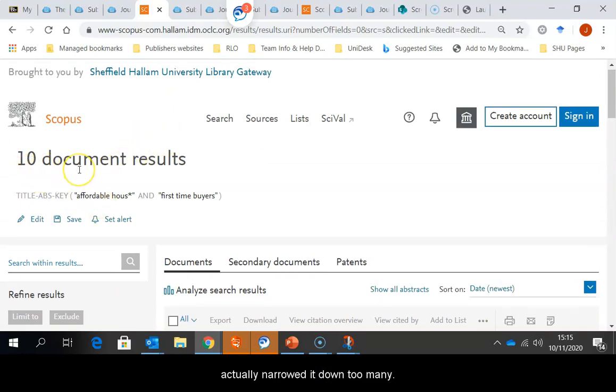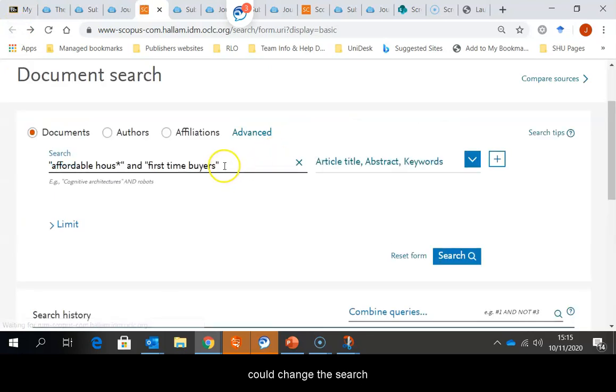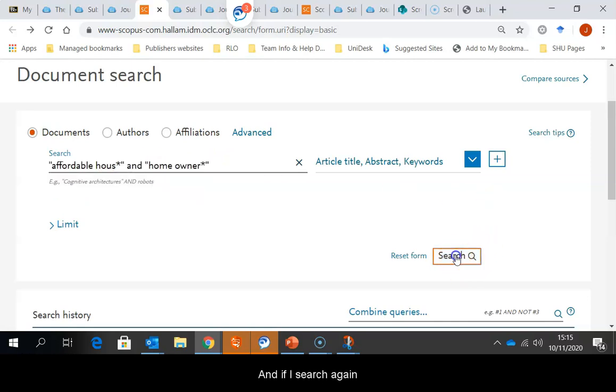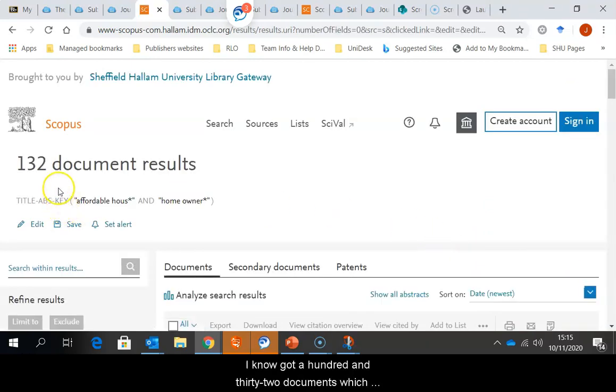So if I decide that I've narrowed it down too much, with only having the 10 results, I could go back and change that search from first-time buyers to home owner. And if I search again,